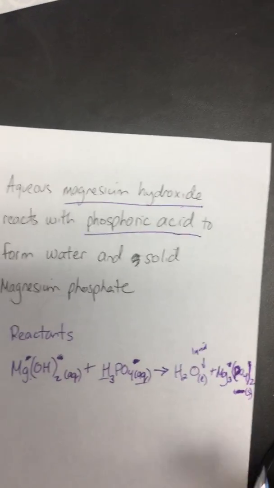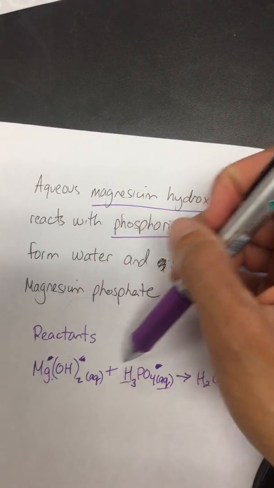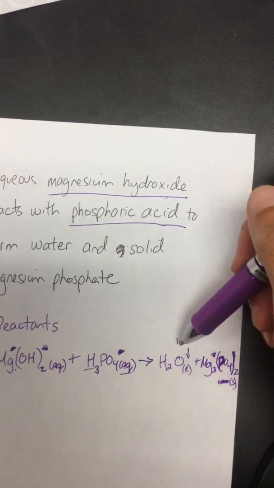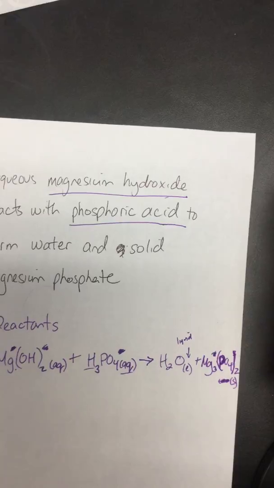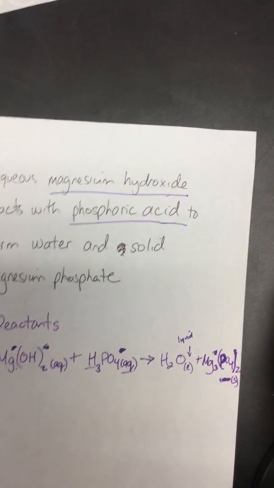Okay? So here we've got aqueous magnesium hydroxide plus phosphoric acid, always that AQ and the hydrogen for the acid, gives us liquid water, and then here we have a little S for that magnesium phosphate. Hopefully that made sense. You're just going to get a lot of practice with that because we're going to be